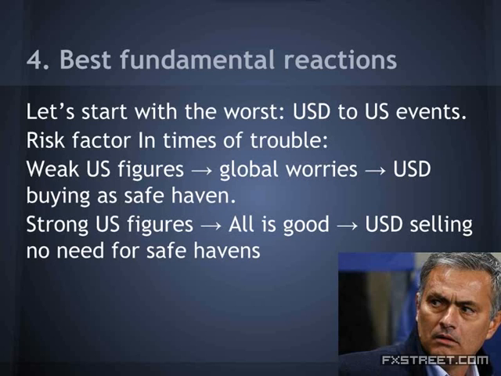Things are getting better now, but they might get worse again. During the global financial crisis, I've been surprised sometimes, I'm sure all of you, when we had weak US figures and then we had a stronger US dollar. Why did this happen for quite a few instances in the past? Well, the logic is as follows. Weak US figures mean all the world is going down, the economies of all the world are weakening, everyone's in trouble. When everyone's in trouble, the US dollar is a safe haven.